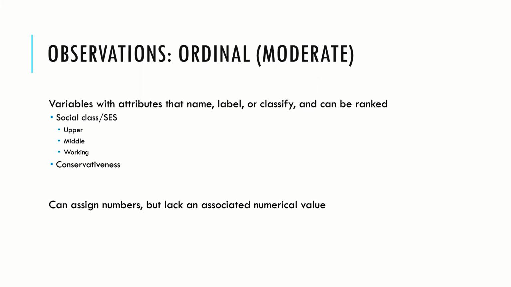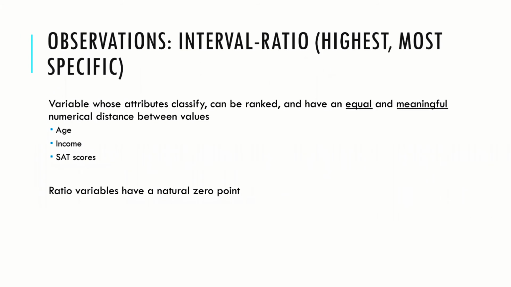So while the numbers that we have here for ordinal variables don't necessarily mean anything, we can become more sophisticated and have those numbers actually mean something for our next most sophisticated level. It's interval ratio. So interval ratio meets all the criteria of the less sophisticated levels of measurement, right? We have the classifying and labeling of the nominal variable, plus we add on the characteristic of rank ordering, right? We can rank order these things. But we also add on that there is an associated numerical value.